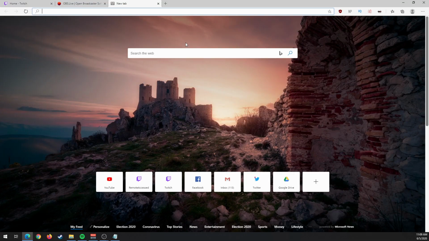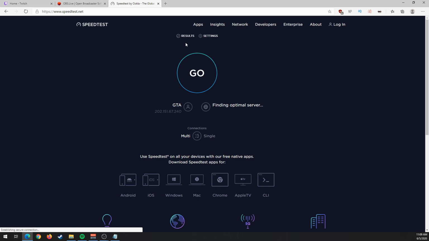If I'm wrong, let me know in the comment section down below, but Twitch's website recommends 6,000 bitrate. That's the max number that Twitch recommends. This value that you'll input here in OBS will depend on your internet connection speed, upload speed to be specific. So let's check my upload speed right now. Open up your favorite web browser, open up a new tab and go to speedtest.net.